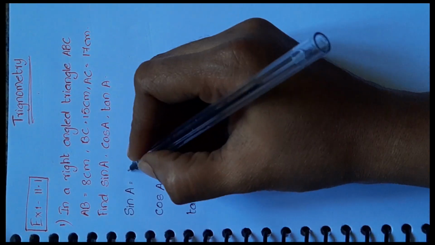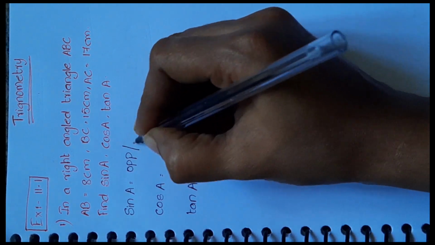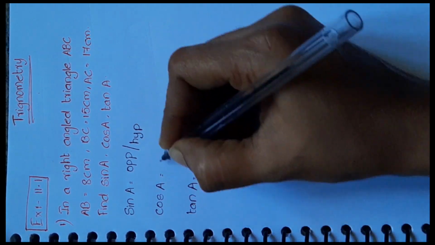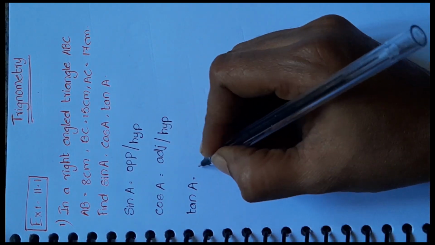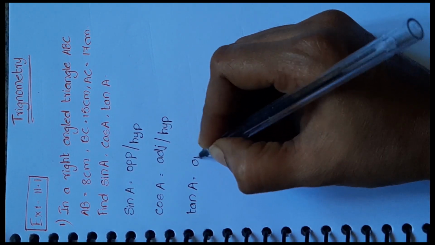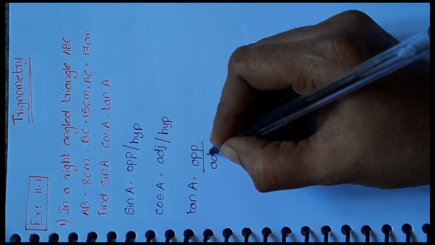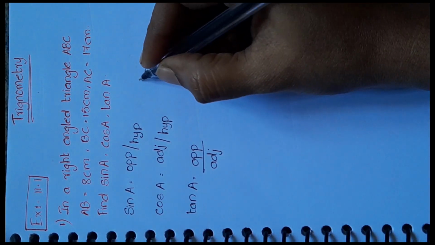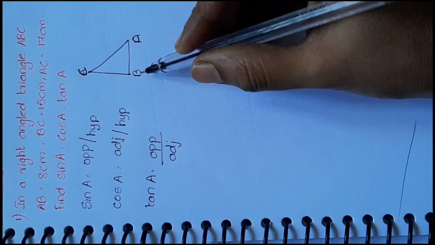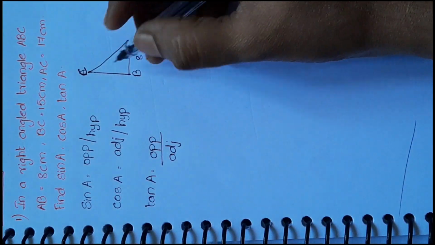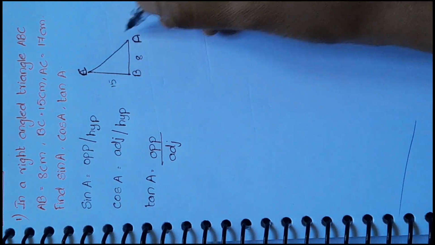The formula for sin A is opposite side by hypotenuse, and for cos A it is adjacent side by hypotenuse, and for tan A it is sin A by cos A, which becomes opposite side by adjacent side. We should know each side. Let us draw a triangle ABC. According to the information given in the question, AB is 8 centimeters and BC is 15 centimeters and hypotenuse